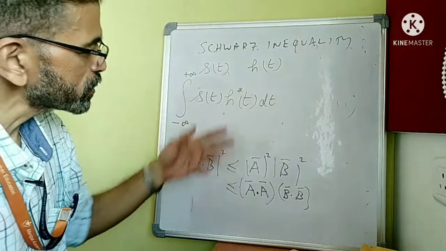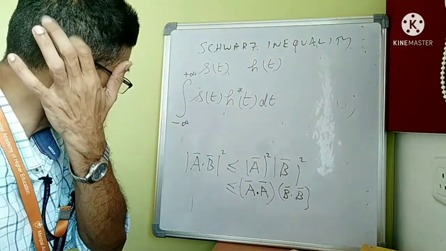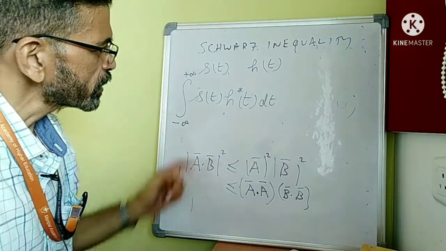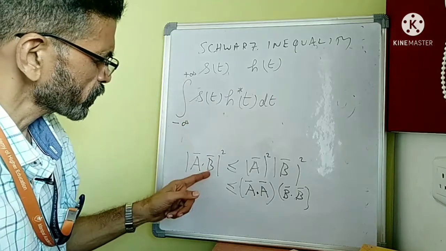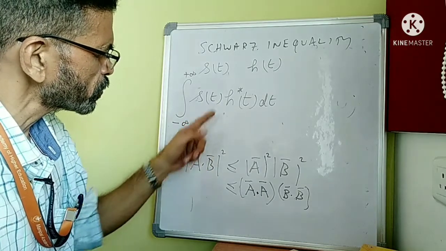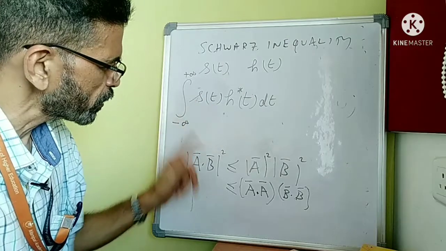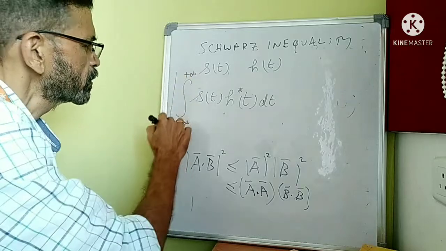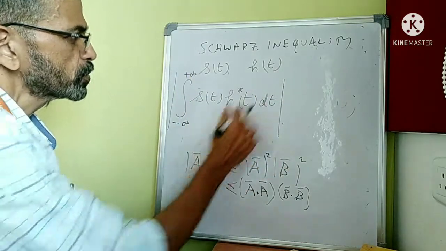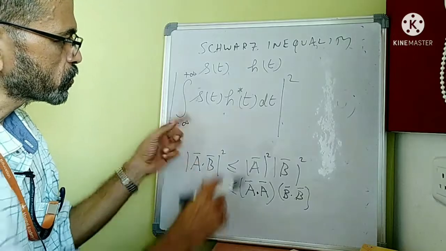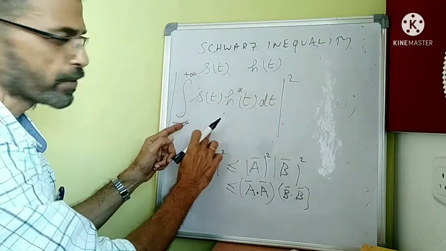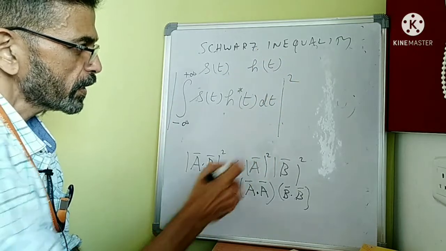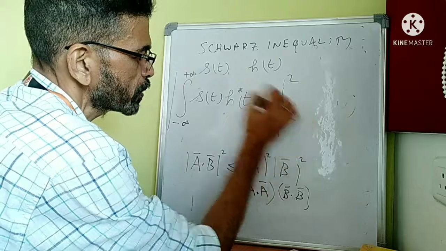So when you translate this idea, the Schwarz inequality, to signals, since the equivalent of dot product is inner product, we have the left hand side to begin with like this, and then the magnitude square. So the dot product is here in the form of an inner product. The magnitude part we have taken here and we have squared it, and it will be less than or equal to